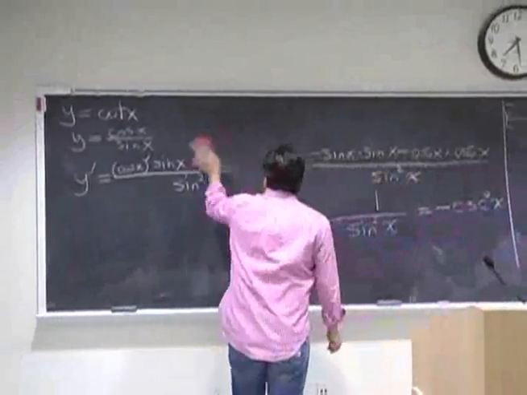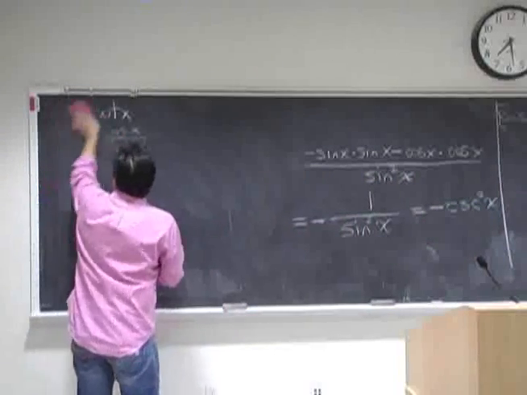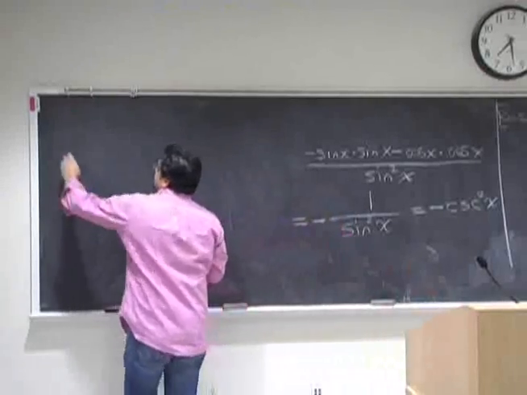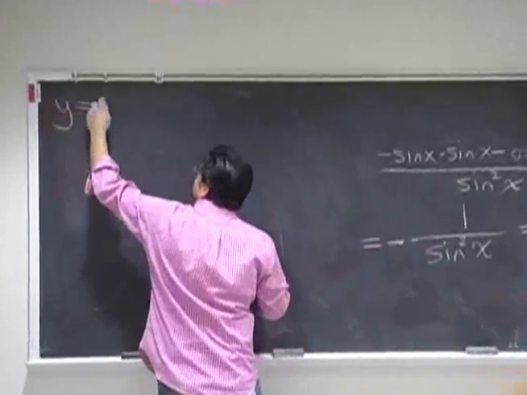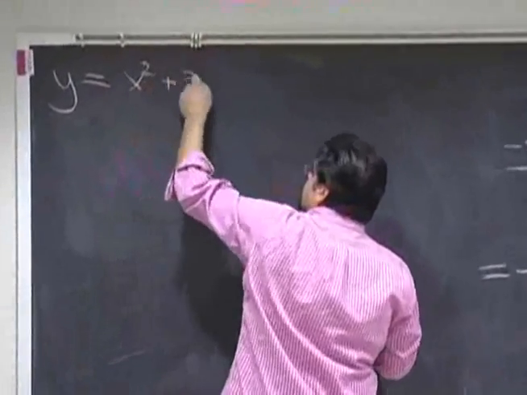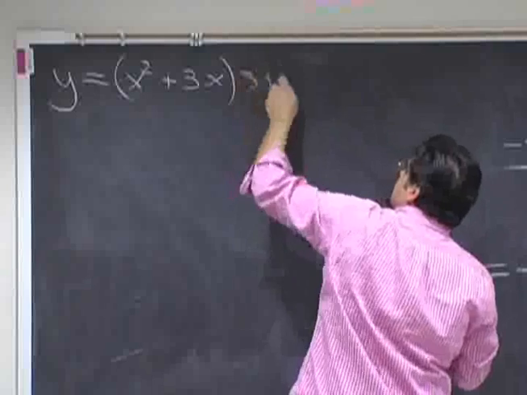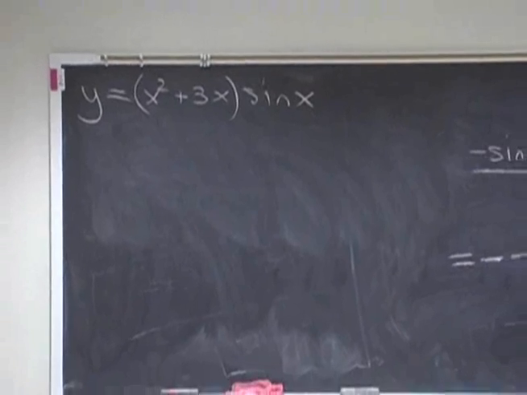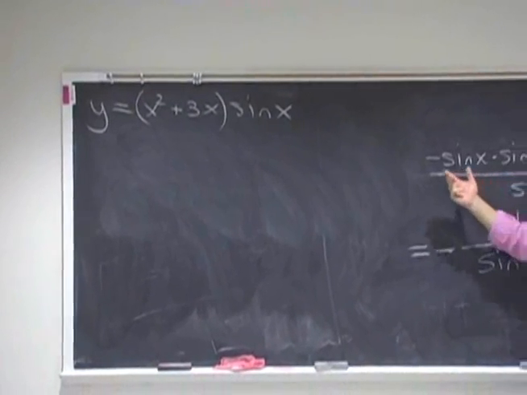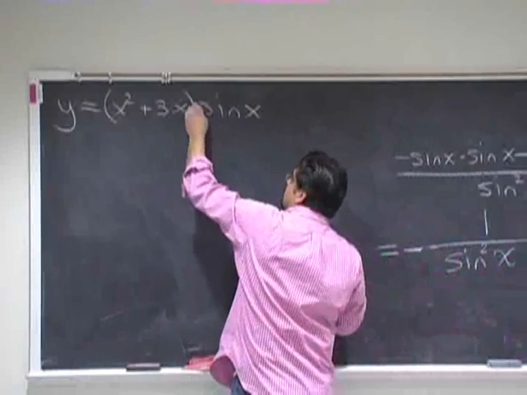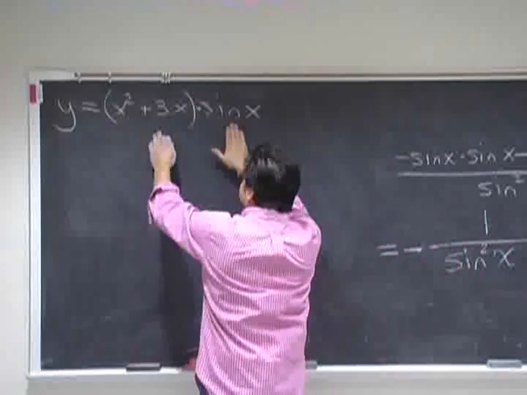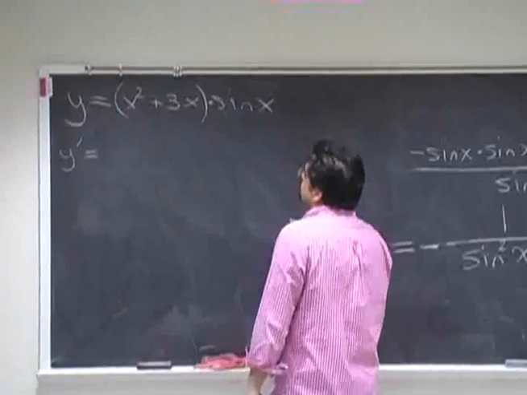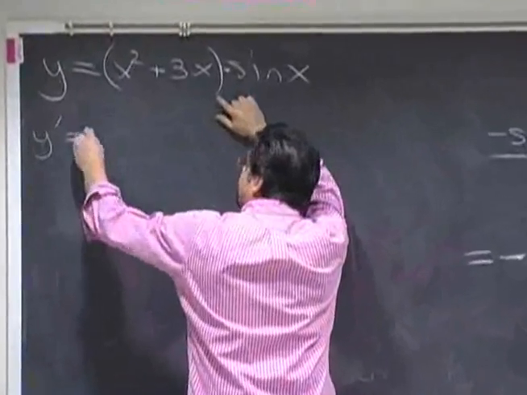Okay, let's put things together. Let's take a look at this. Y equals (x squared plus 3x) times sine x. Now we can do derivatives of these very complex functions. Pretty sophisticated function. But calculating the derivative is not too hard. This is a product of 2 functions, so our derivative will be using the product rule. It means the derivative of the first